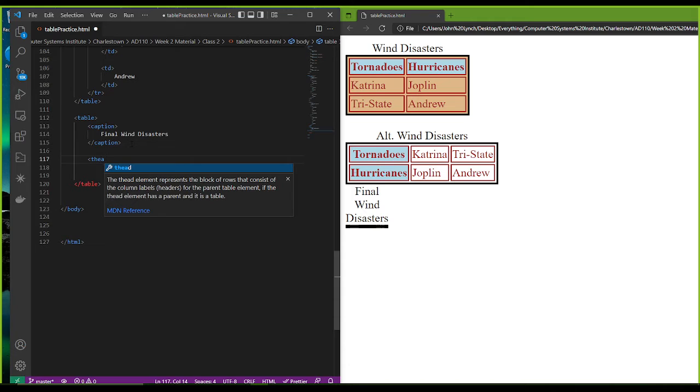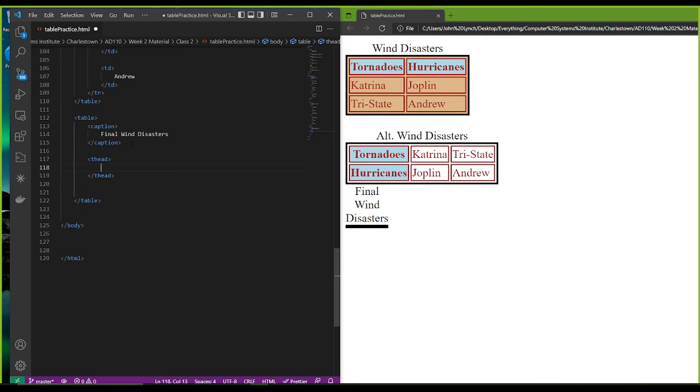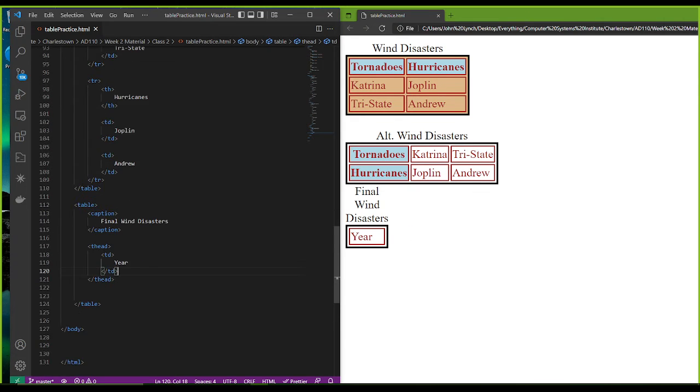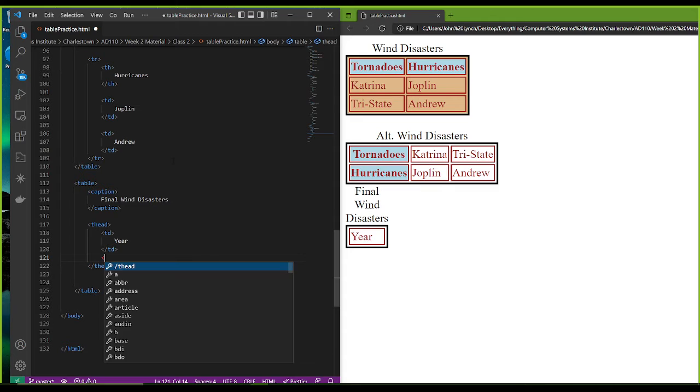If I go ahead and I type out T head, this is an element that represents the block of rows that consists of the column labels or headers for the parent table element. What that means essentially is that you might have a few different headers as we see in our assignment. So per the example, what we could say in our T head, let's just go ahead and put a TD inside of here and say something like year. You'll see here that it automatically puts my year up there, even though I didn't put in a row just yet. And now I go ahead and I say TD of,